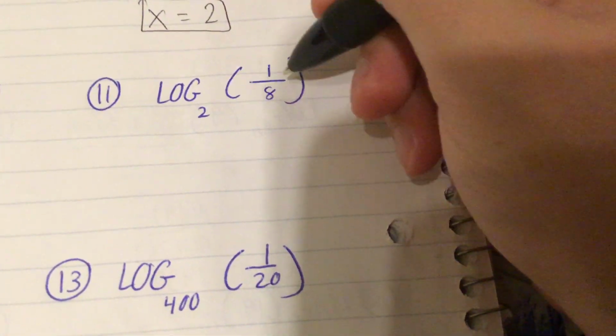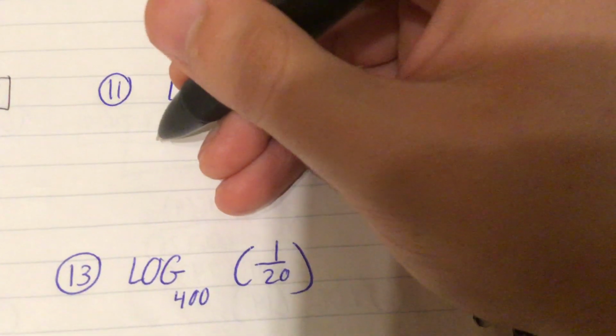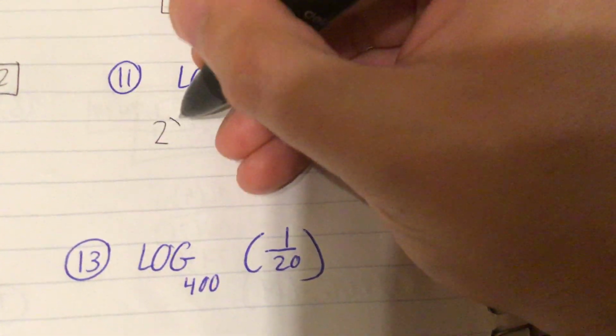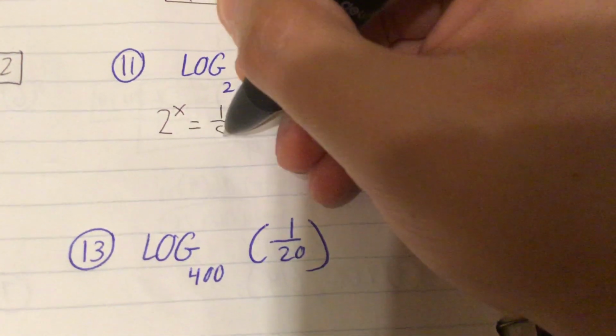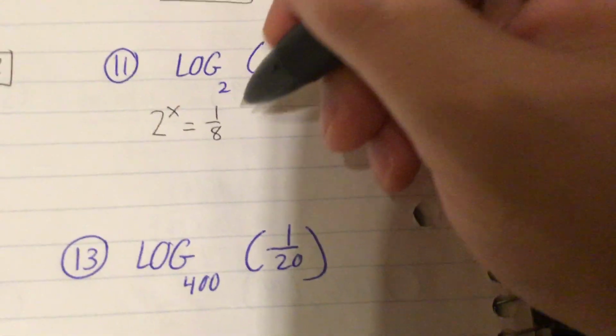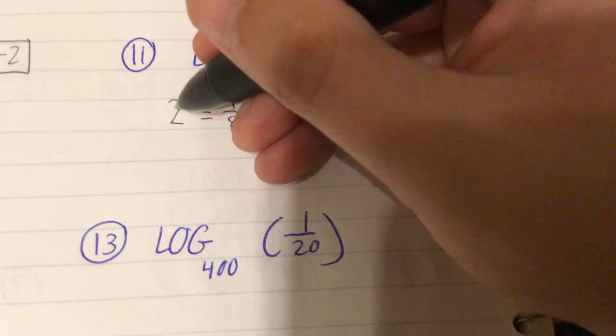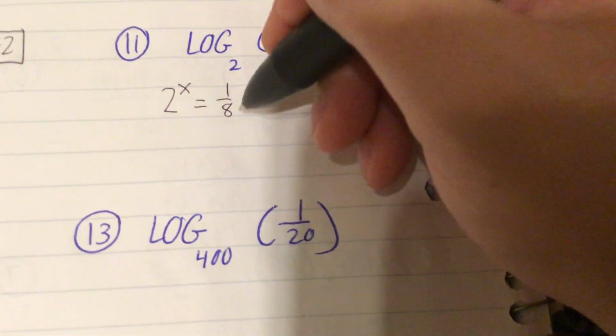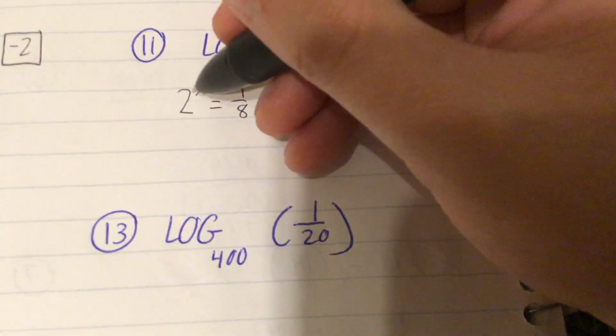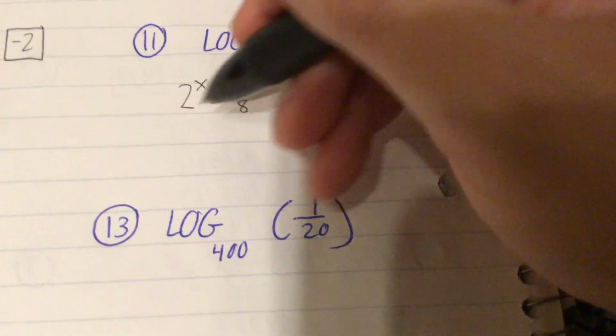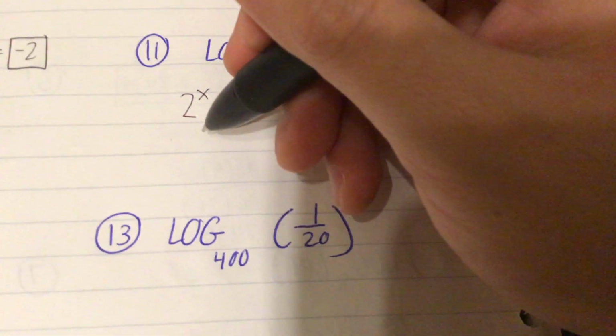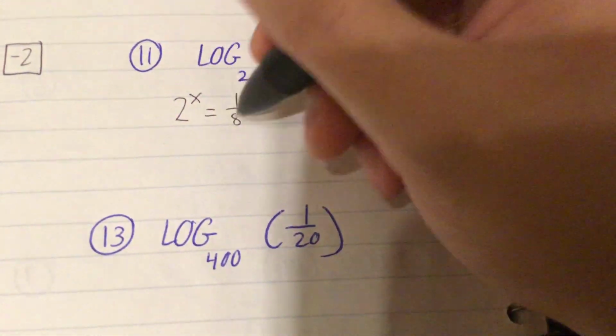Log base 2 of 1/8, we don't know. So we can call this 2 to the x is equal to 1/8. Remember your knowledge of negative exponents. I know that 2 to the third power is 8, but remember we have 1 over 8. So you can use your previous test knowledge to figure this out,